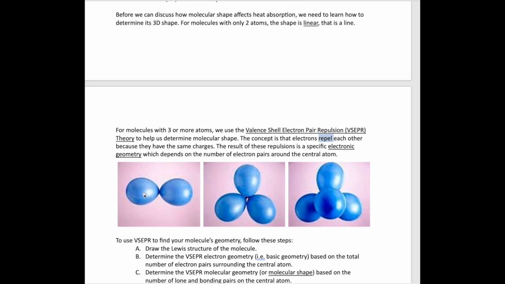It turns out that balloons are a really good way to illustrate how these VSEPR shapes come about. So if you have two pairs of electrons, it's like attaching two balloons together. If you just do this on your own, you'll find that the balloons automatically will adopt this structure, which we call linear. So anytime you just have two pairs of electrons around a central atom, then you're going to get a linear structure, which just looks like a line. If you have three pairs of electrons, as illustrated by this balloon right here, then they automatically form the shape.